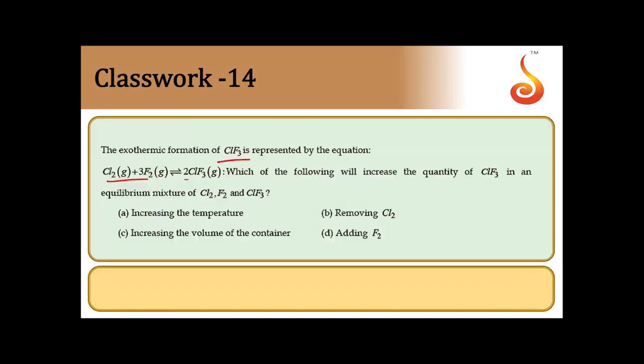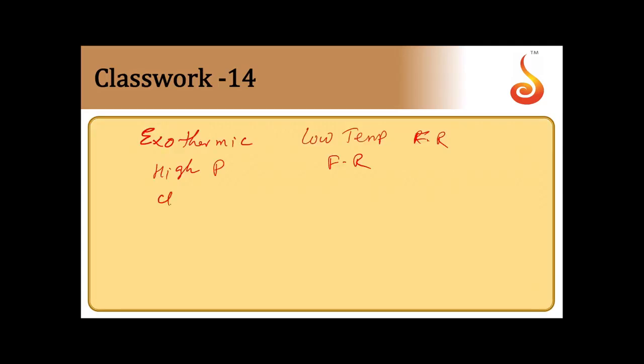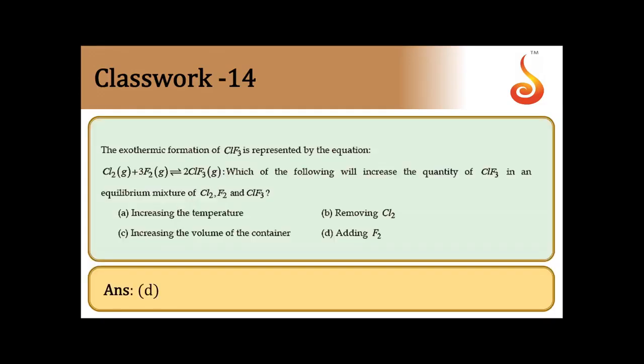One more thing is that by adding reactants it can also move in the forward direction. So by adding reactants, here Cl2 or F2, the reaction moves in the forward direction. So temperature-wise, low temperature; pressure-wise, higher pressure; and reactants you can add any of these to move in the forward direction. Now we have to see the options. Low temperature, high pressure. This is not correct. By removing Cl2 it moves in the backward direction. Adding the reactant can move it in the forward direction.